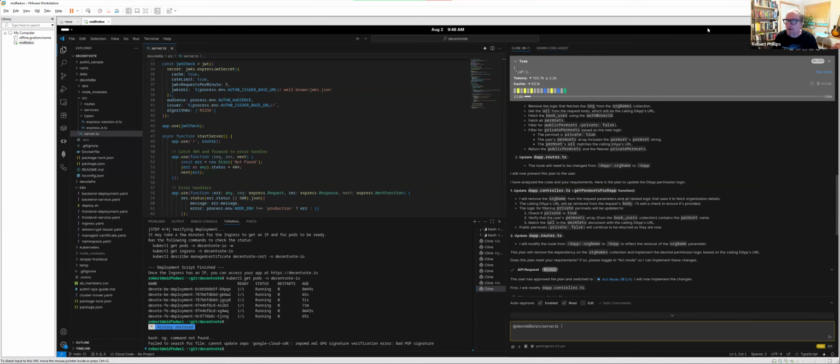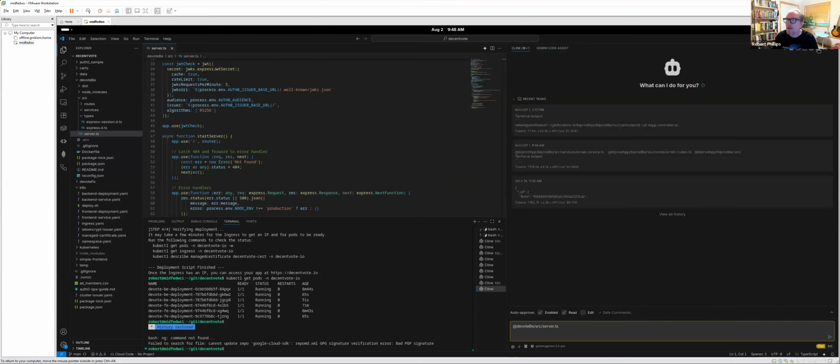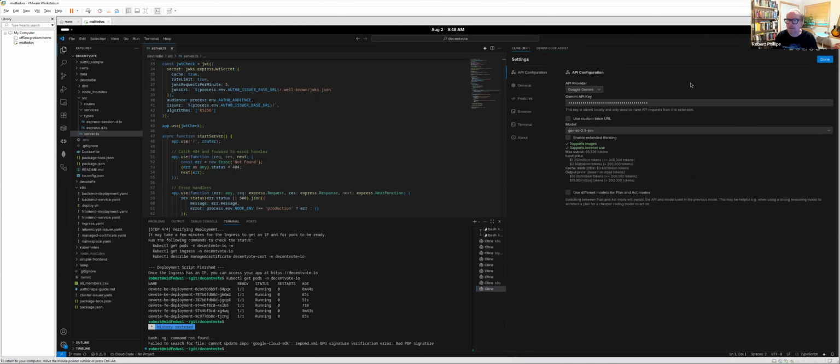I'm going to go back over here and I'm just going to close that out. We're going to take a look at the settings. So I use Cline, and I don't know if you know anything really about Cline specifically, but I use Google Gemini, right? There's a whole bunch of different APIs or LLMs that you can use in this particular case.